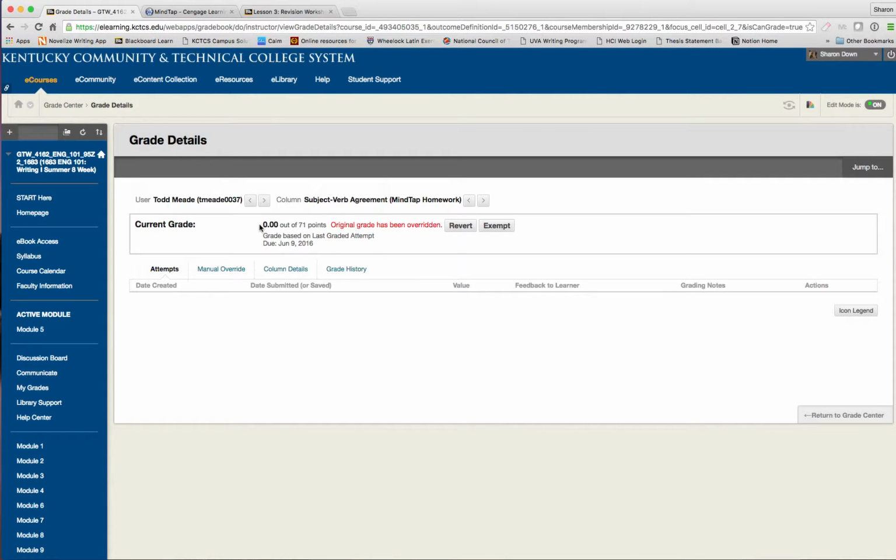It would still be 0 up here because it's an override, and you can click revert to bring the grade over. And it's very easy. It just pops right in. So you can choose to do that if you wish, and I encourage you to do it especially early on